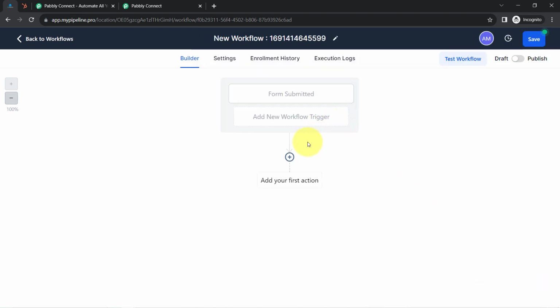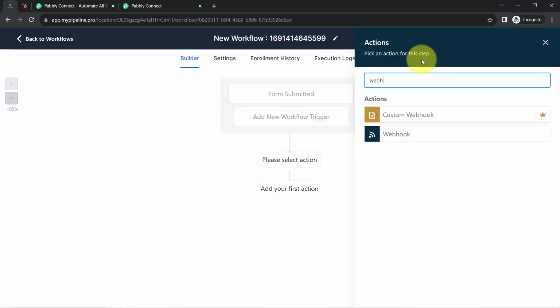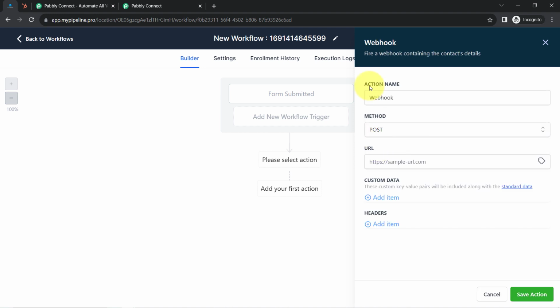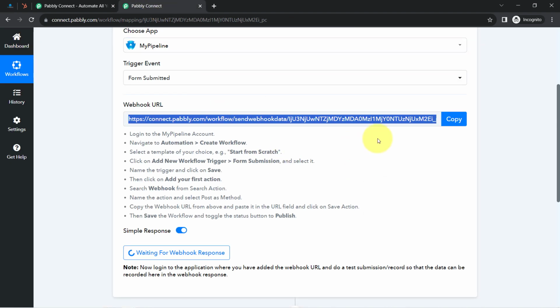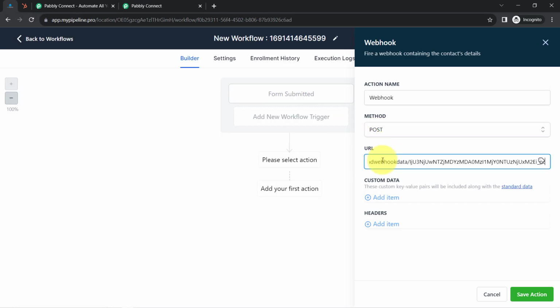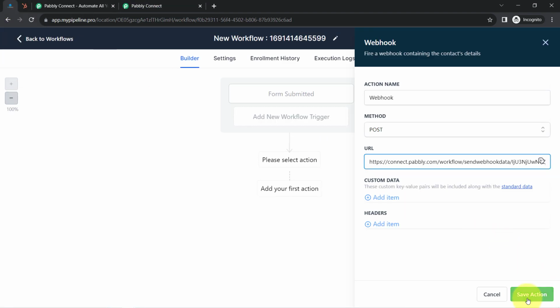after that you will have to select the action event, that is the data should be sent to the webhook URL. Okay, so I have selected the same, and now it will ask you on which particular webhook URL the data of form submission should be sent. Okay, so I will copy this particular webhook URL here. In this way we can easily connect both the applications and send the form submission data to